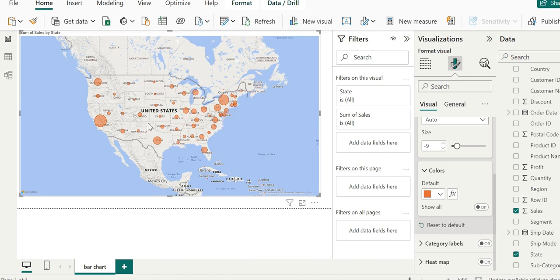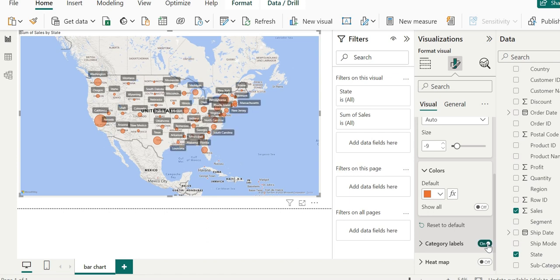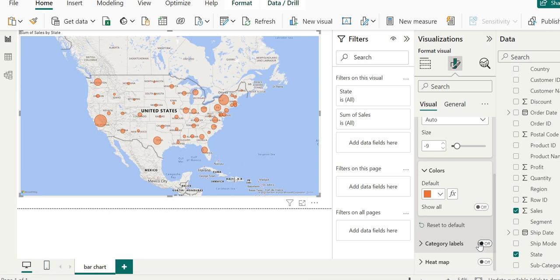So, my dear friends, the changes we have learned previously, how to add them with the maps, you can apply overall in all the charts, with the bar chart, with the map chart, any of the charts, the things we learned like category labels. I want to show you one or two more things. There is no category, but if I turn it on, see, it will show the state, but it's not useful because it will be haphazardly created here.